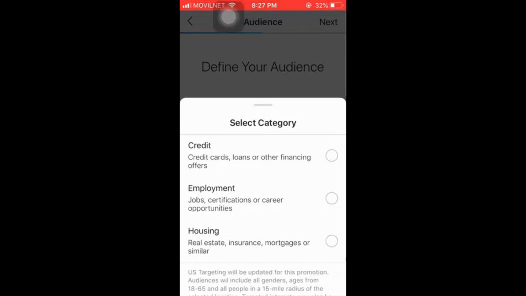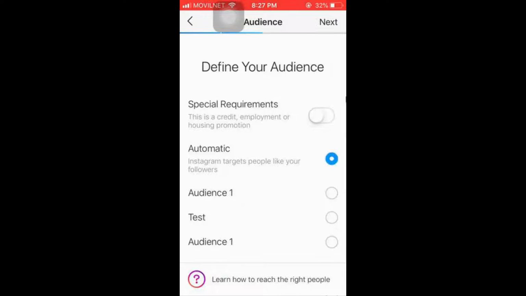You can target special requirements if you're running campaigns where you promote credit, housing, and employment opportunities. To enable special requirements, simply enable the Special Requirements option. Then select the special category that you want to target. We won't target special requirements with our post, so we'll simply continue without selecting a category to keep the special